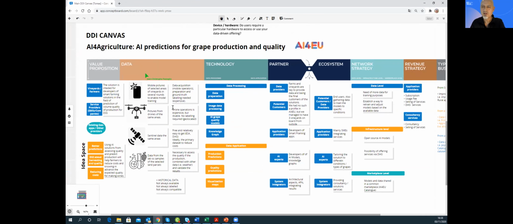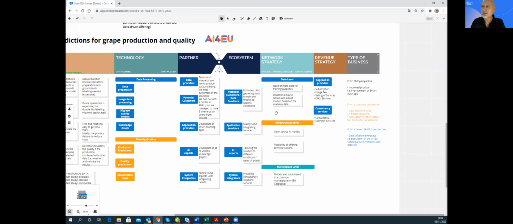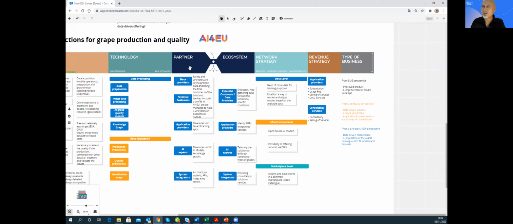Because I started from the left-hand side, from the technical aspects, the data aspects. But for me, this is quite clear and easy to fill in, because it's what we are doing. So data comes, as I mentioned, from different sensors, mobiles, drones, etc. We have more or less a clear, between commas, value proposition. At least this is what I thought at the beginning, because later I refined it a little bit after facing the canvas. So going through the right-hand side was harder in a sense, because I tried to start from the